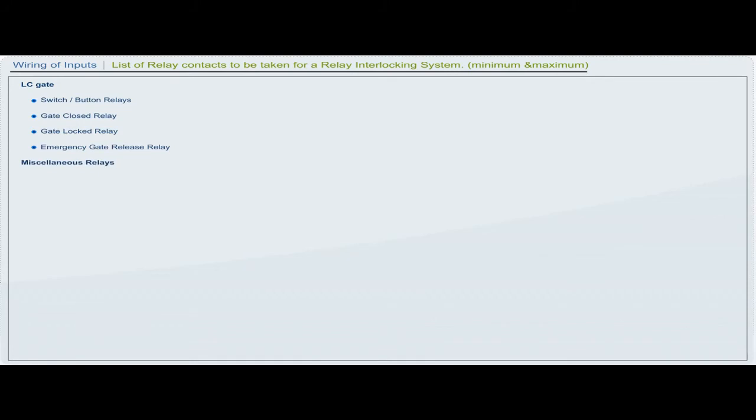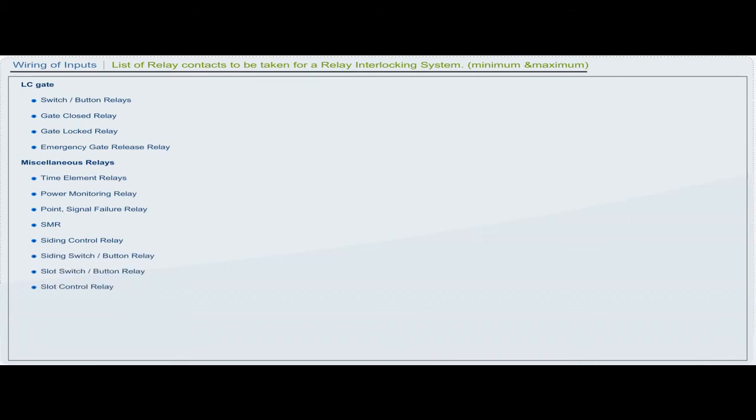Miscellaneous relays: time element relays, power monitoring relay, point signal failure relay, SMR, siding control relay, siding switch or button relay, slot switch or button relay, slot control relay, king lever or switch relay, relay room open or closed, ELD earth leakage detection contacts, approach track relays,